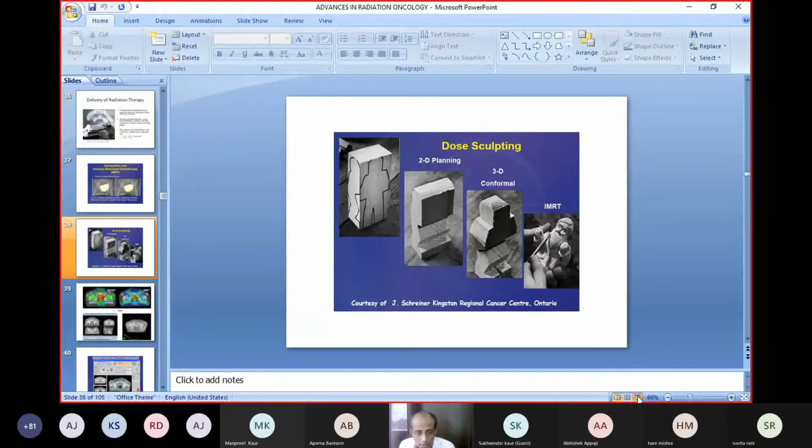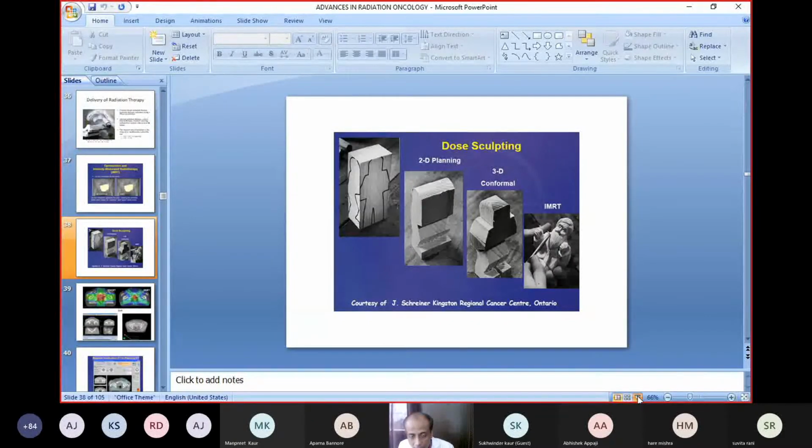If we want to treat this entire patient, then we have to take this type of square field. You can see this is a square field and we are treating the entire area in this. Suppose this patient is the disease part, but these areas which are outside the patient are normal areas, and these normal areas are also getting radiation with this 2D planning. To avoid these normal areas, we can cut out these areas, then it gives a 3D conformal shape to the body. So this is what a three-dimensional radiation is.